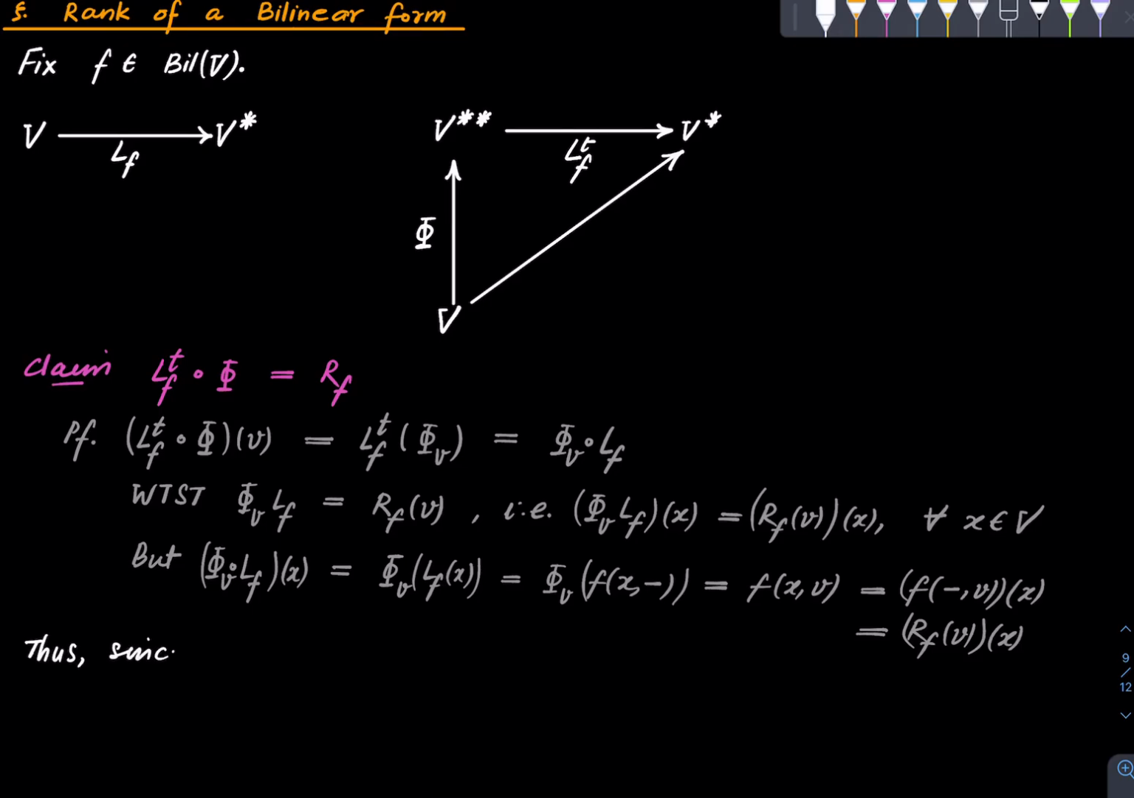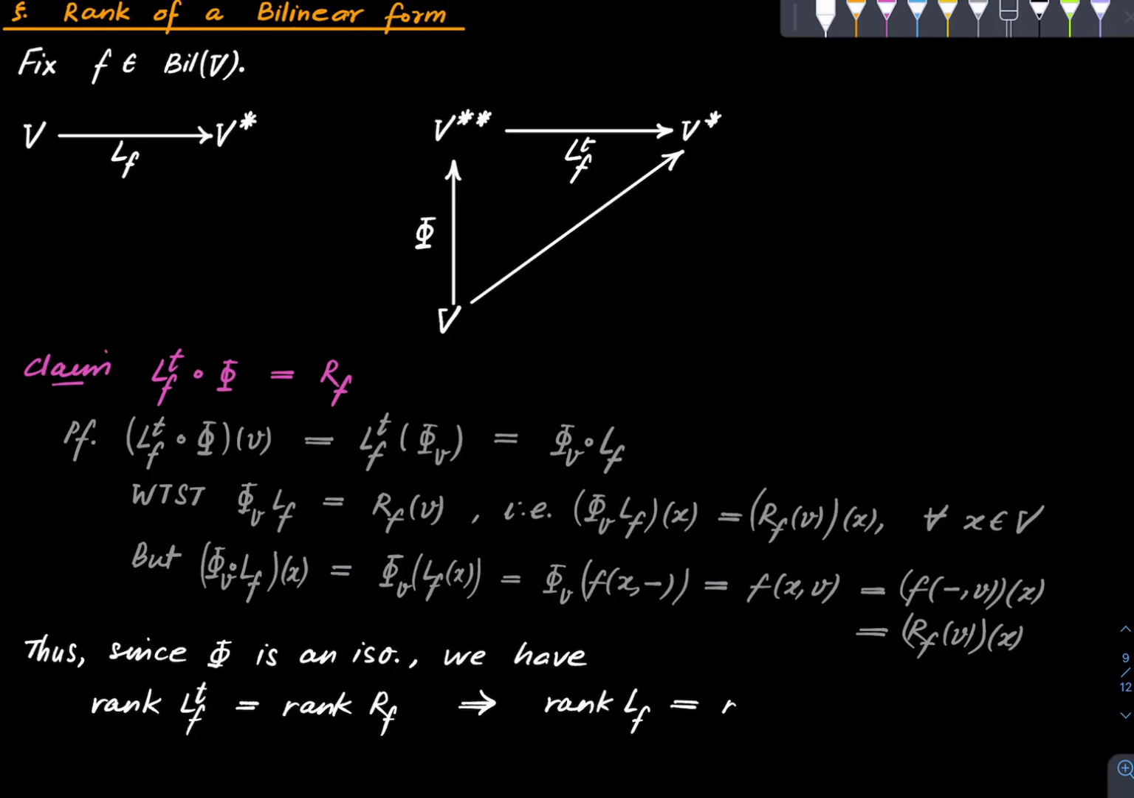since phi is an isomorphism, we have rank of the transpose of LF is same as rank of RF, which implies rank of LF is same as rank of RF. Right? Because the rank of the transpose of any linear map is same as the rank of the original linear